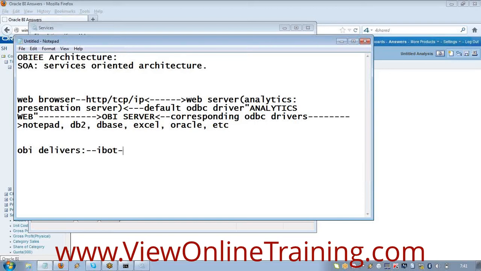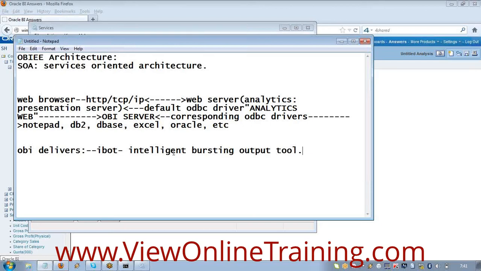So iBot actually stands for Intelligent Bursting Output Tool.